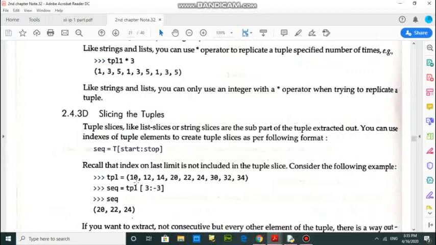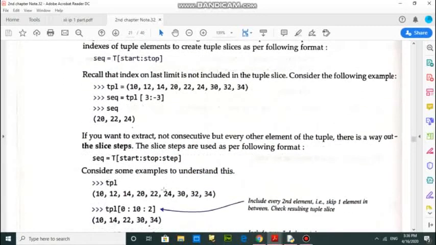Students, you already know that in a tuple there are two types of indexing. First is forward indexing and next is backward indexing. So this 10 is at index 0, then 1, 2 and 3. So the content will start from here: 20, 22 and 24. Why 24? Because -1, -2, -3, and the last value is -3. That's why we have to take one less value. -3 minus 1 means -4. So we have to extract up to the -4 position.